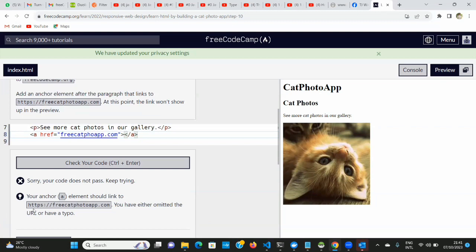I did not add HTTPS. Okay, so I'm going to add HTTPS. Then I'm going to say colon //. I forgot to add that. All right, so if I check it again,